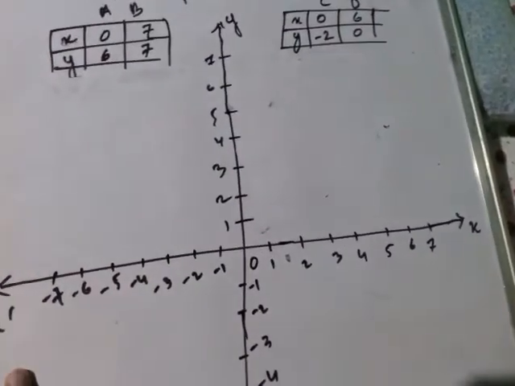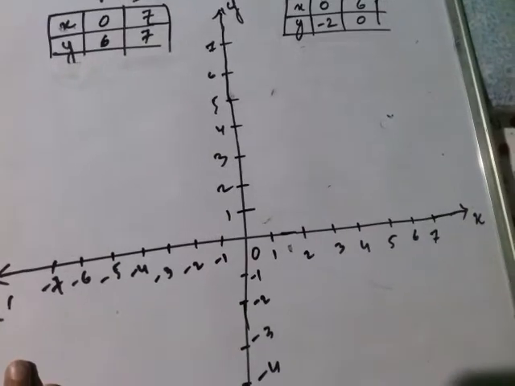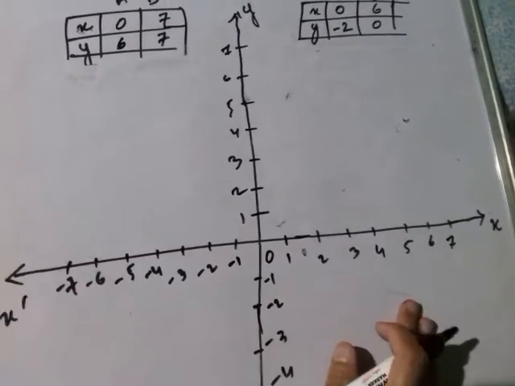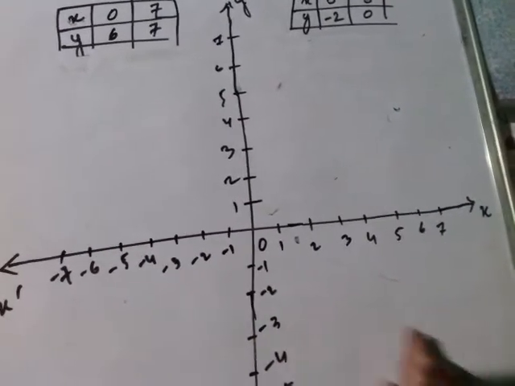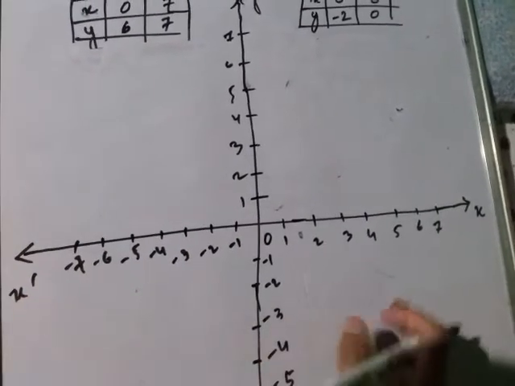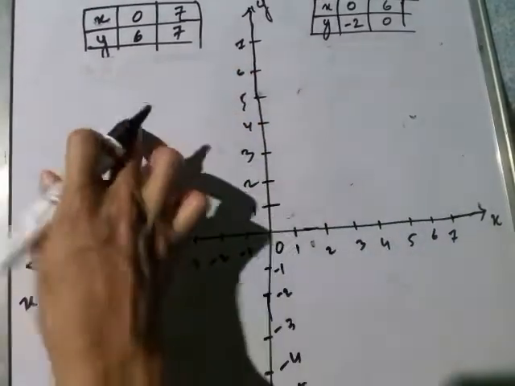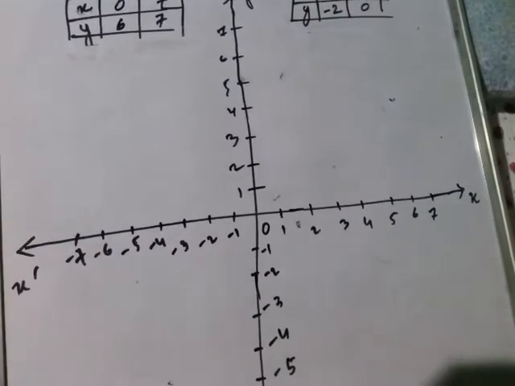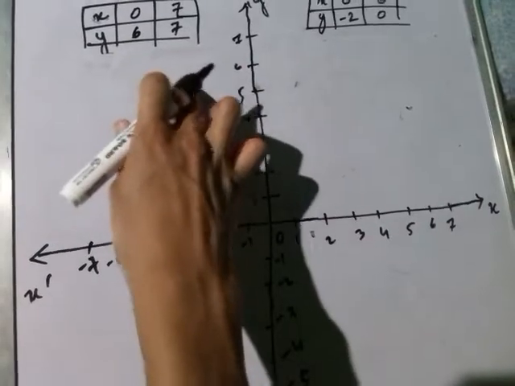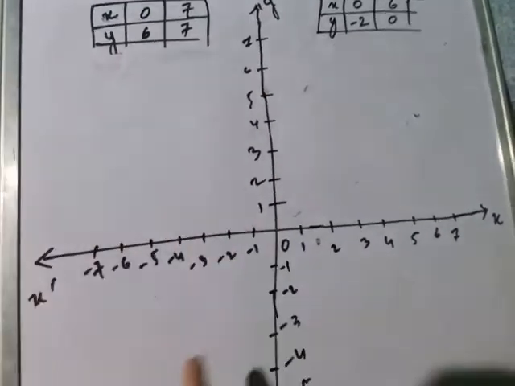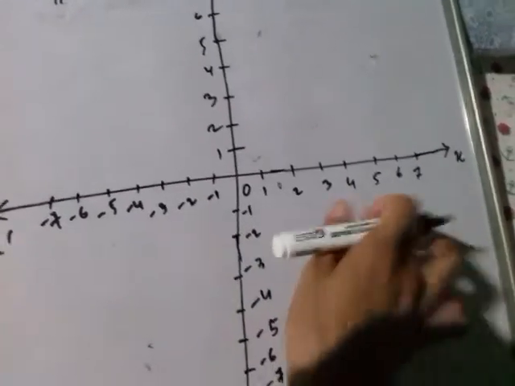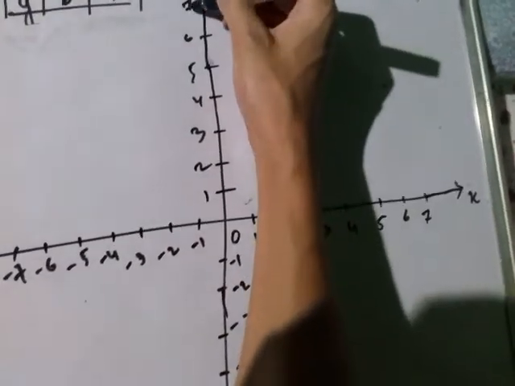So why is it like that, you see here? Because in integers I have already explained to you that whichever is on the right hand side of 0 will be positive and the left hand side of 0 will be negative. And in the x-y plane there are 4 quadrants. This is first quadrant, second quadrant, third quadrant, fourth quadrant. That means the first quadrant will be positive and positive, second quadrant negative positive, third quadrant negative negative, fourth quadrant positive negative. Okay, so you need to know like that. This is the way how to draw a graph.